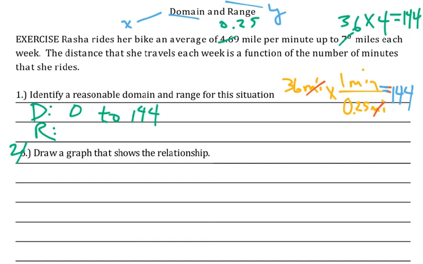Now, they're giving you something where you're dividing by a decimal in this problem. So this is more challenging than I would give you on the quiz in the near future, especially since we haven't dealt much with conversions or anything like that so far this year. So domain 0 to 144, and I can put the word minutes. I'm sorry,